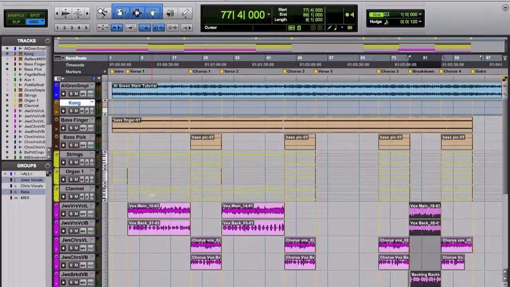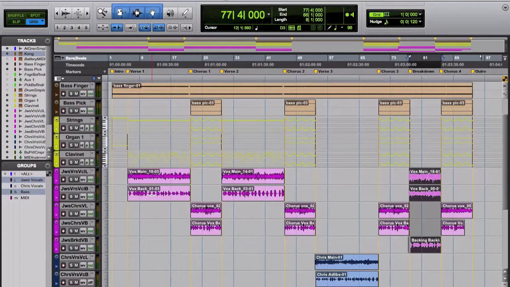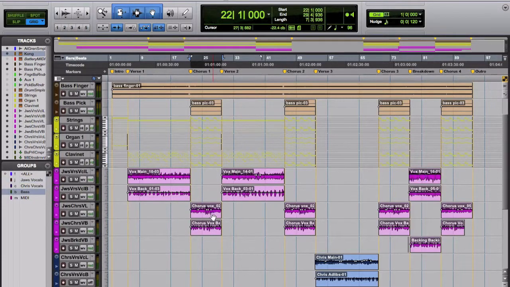Now, an extremely useful feature in Pro Tools that I have relied on quite heavily for this project in particular is something called clip gain, and it's really useful for controlling the dynamic of your audio. So let me show you an example. To display the clip gain, hold Shift, Control and the minus key, and I'm just going to zoom in on an audio clip